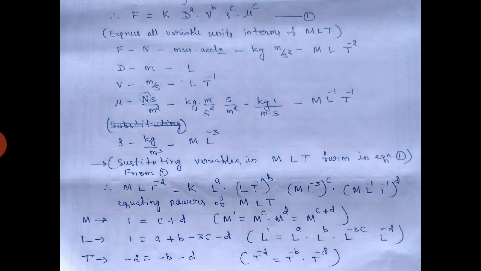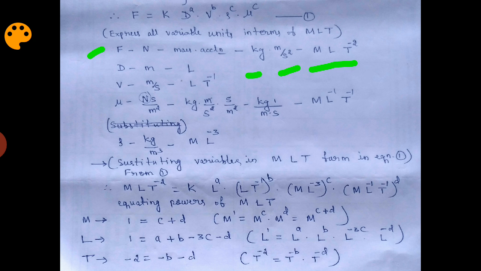So first step, consider F now. The first term is F, drag force, which is force. The unit is Newton. The definition of force is nothing but mass into acceleration, which gives us Newton. The unit of mass is kg, and meter per second square is the unit of acceleration. If you write it in MLT form, for kg we get M, for meter L, and for second square in the denominator, we get M L T raised to